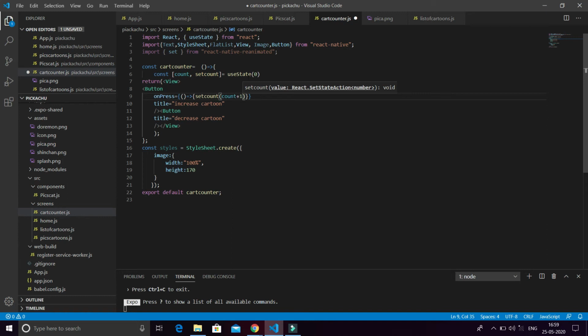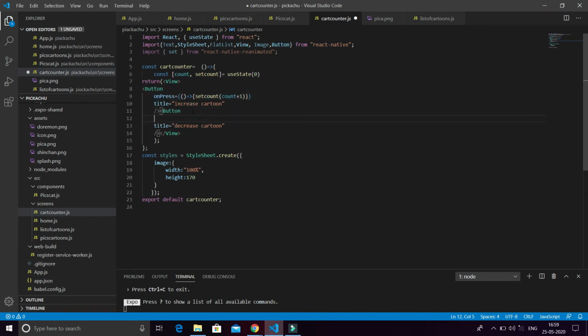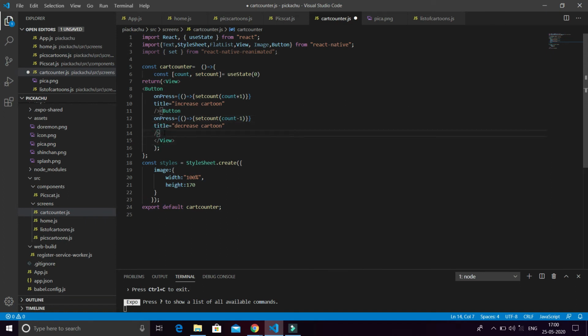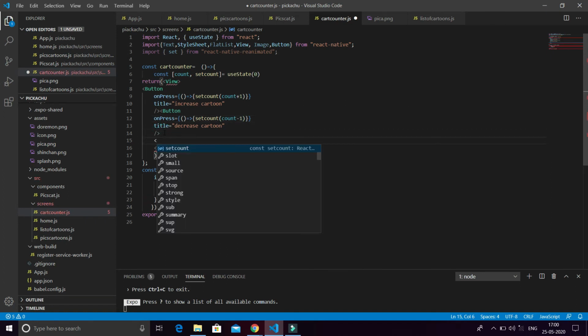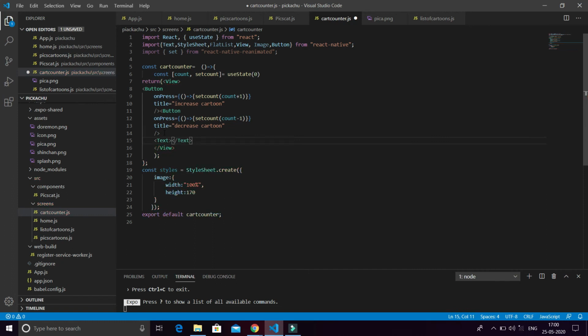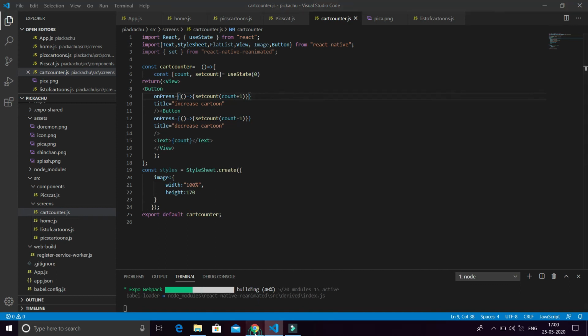Doing the same in the second button, if I press the decrease button, instead of adding I just subtract here. After these buttons I want to view the count, so I make a text view, and in the text I reflect the value of the count. Then just Control S. Let's see what changes.